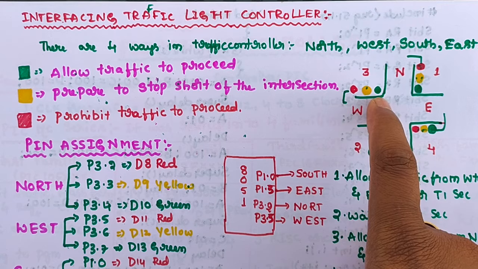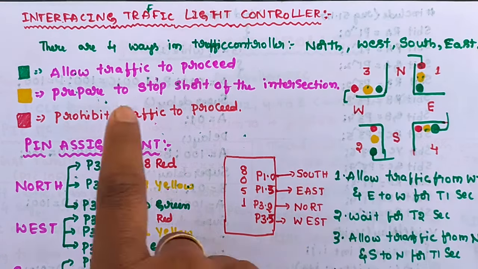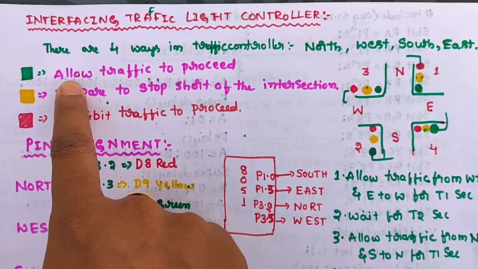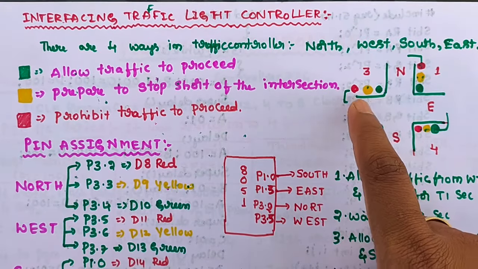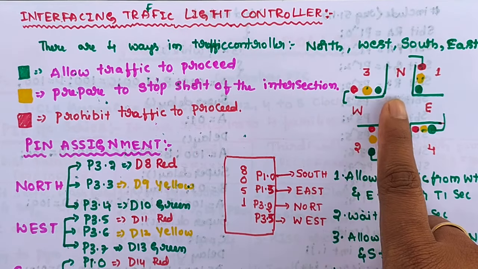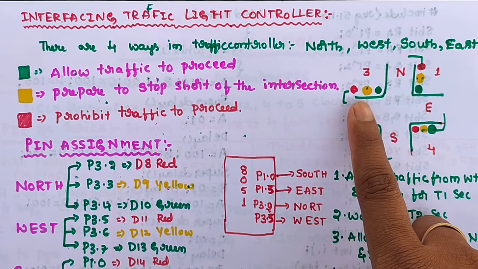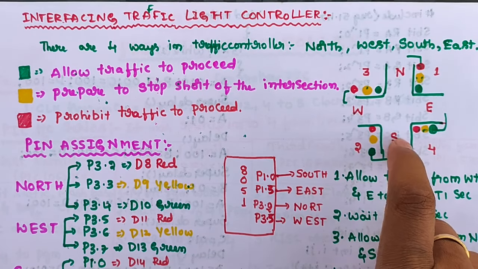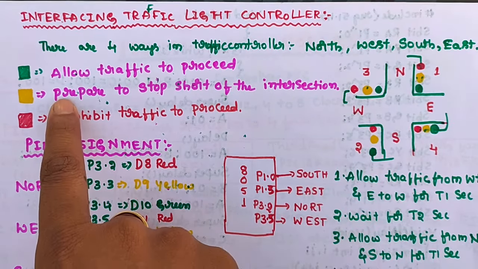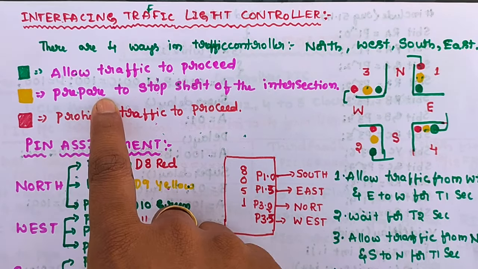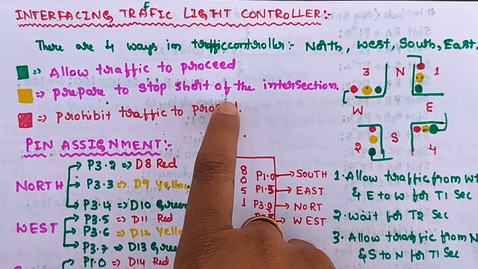The green signal indicates to allow the traffic to proceed. If the green signal is enabled, the traffic will be cleared, and the vehicles may travel either to north, east or south. And if it is amber or yellow, that indicates to prepare to stop